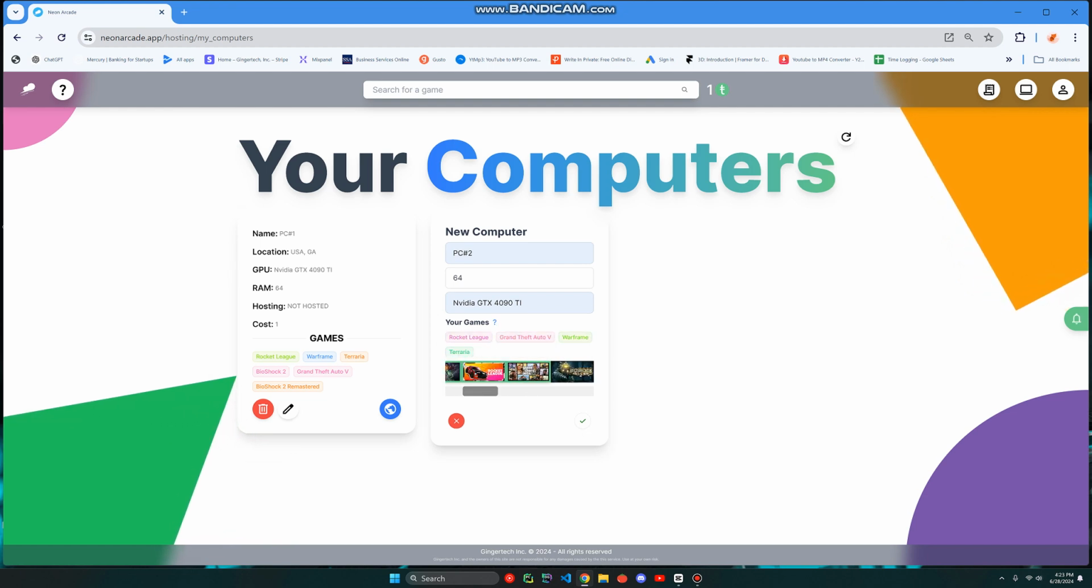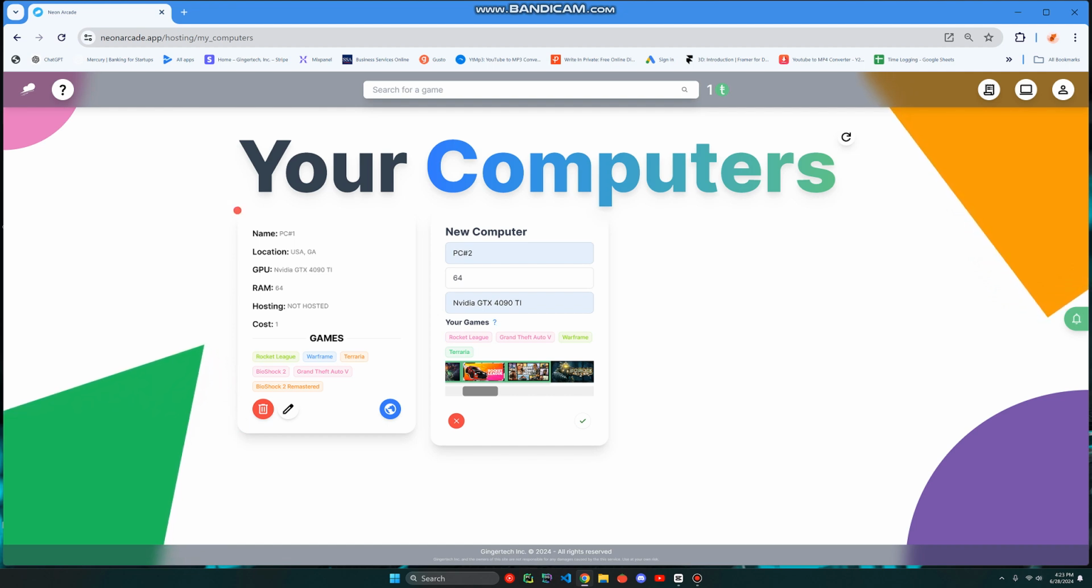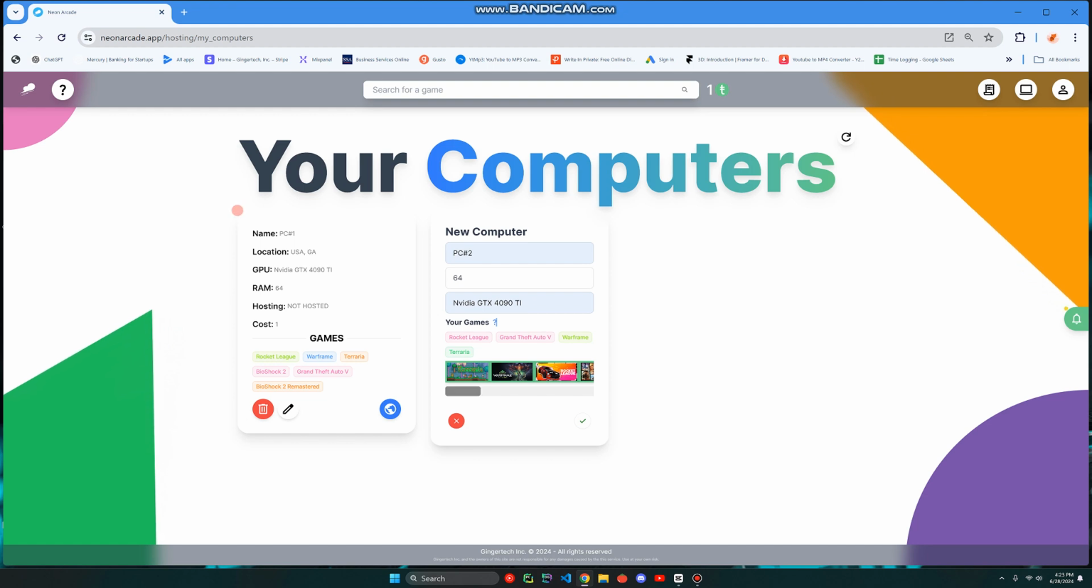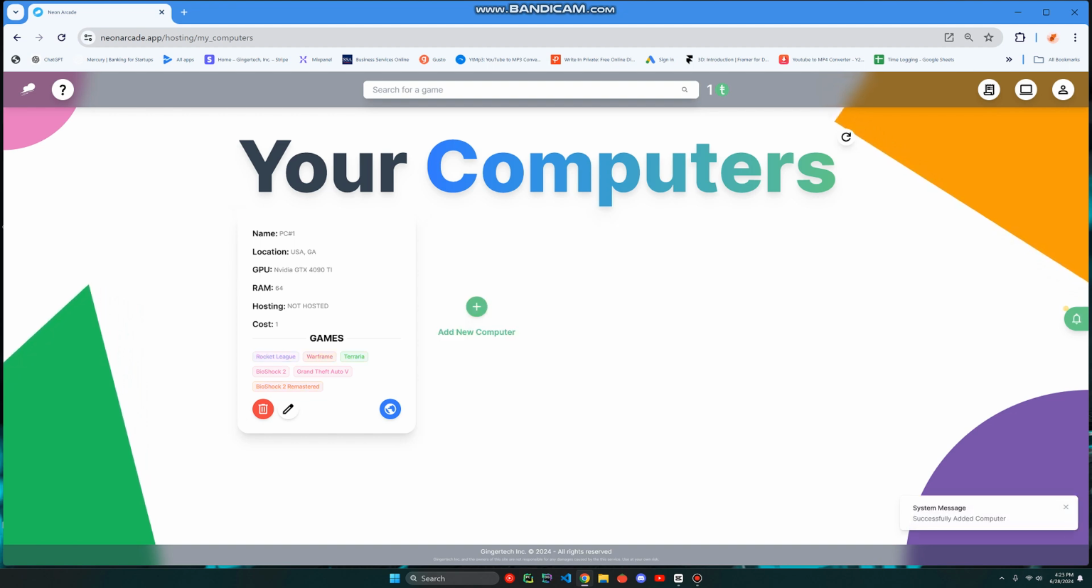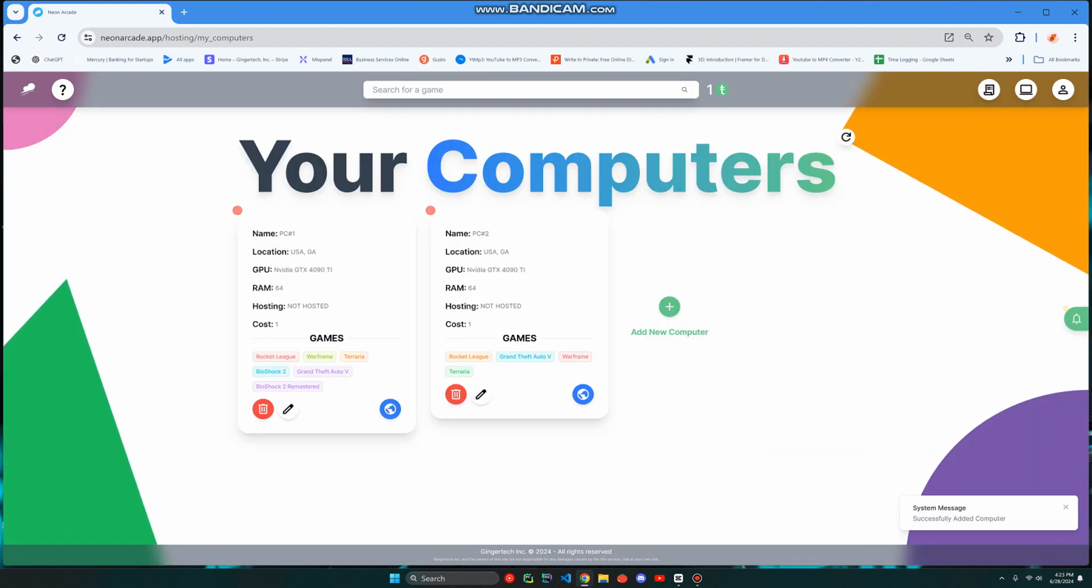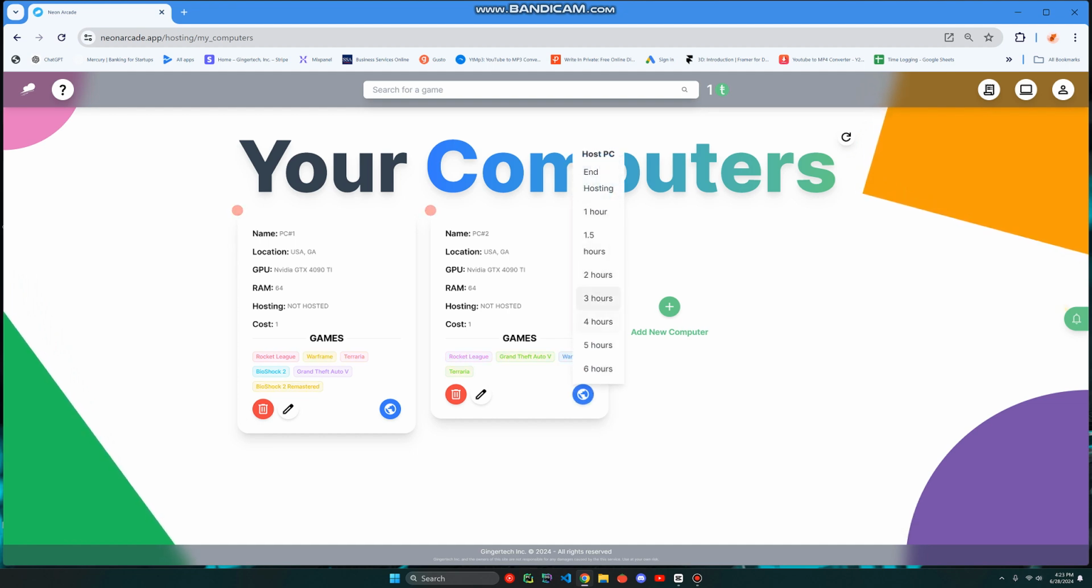And you can also see that you can have multiple computers under the same profile. So you can really just have a whole bunch of computers maybe just in your closet, and you allow people to play them, and you can be earning some really good money off of this service. Once you do that, you just click on OK, and then it successfully adds a computer. We can reload and see that. And then once you want to host it so other people can request your computer and attempt to get on it, you would just click on this and then set how much time you want